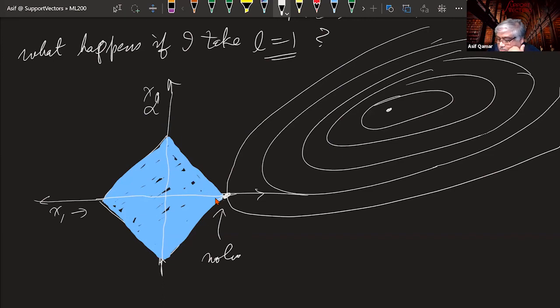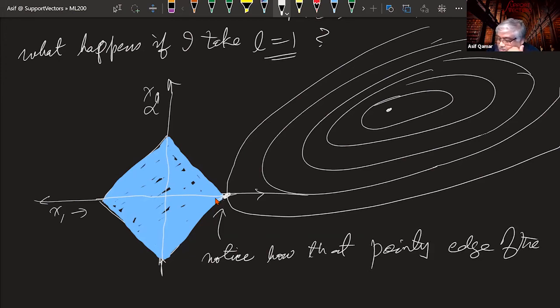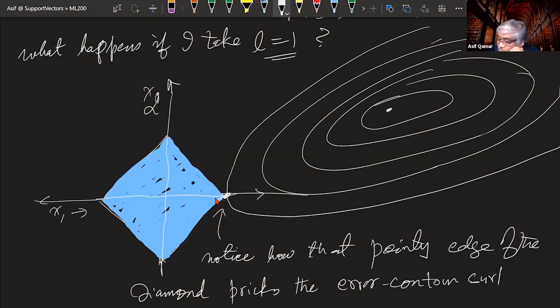notice how the pointy edge of the diamond pricks the error contour surface, isn't it? This is your point that you're looking at. It's no surprise actually that very, very often, because it's sticking out,